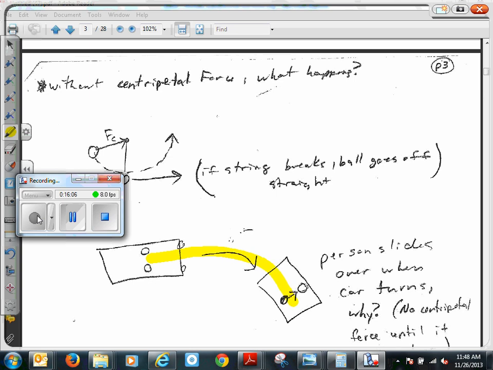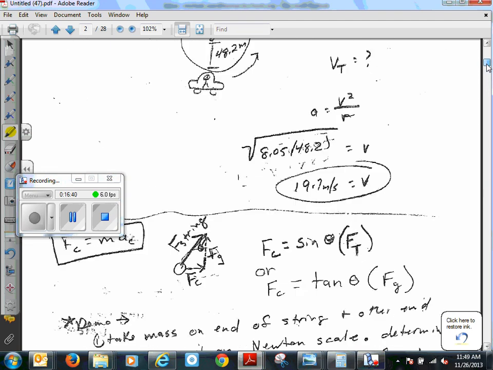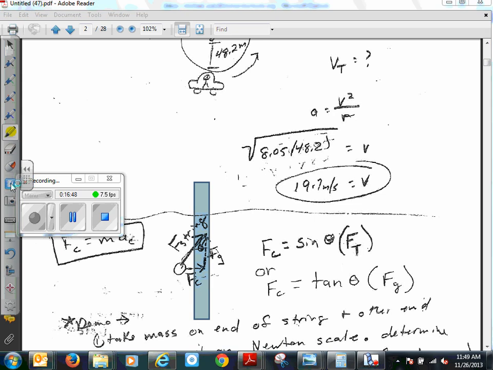So if we're moving something in a circle, we need to have a force that's directed along the radius, along the circular path, okay? A car is pretty easy to do if it's on a flat level surface, right? And the centripetal force is going to be caused by the rubber of the tires, right? But let's look at something that's a little less straightforward. I'm going to explain this to you right here, but it's going to be explained in a little bit more space.